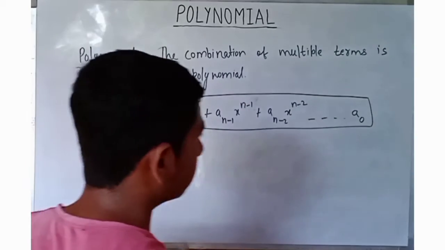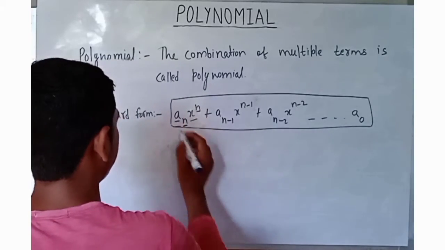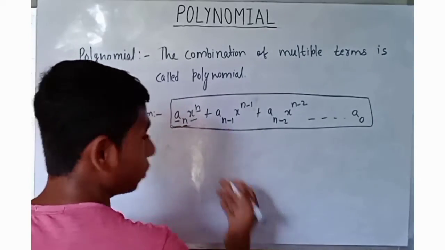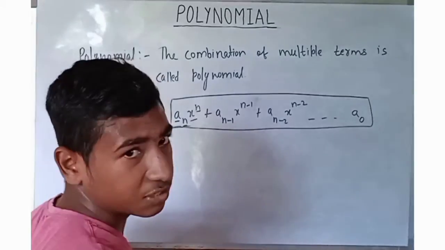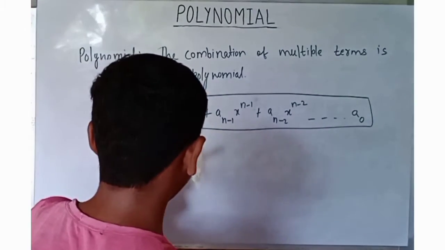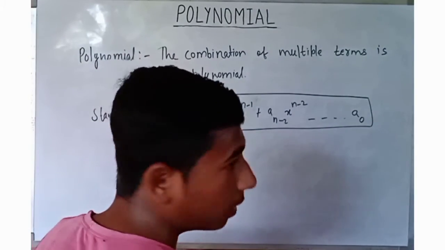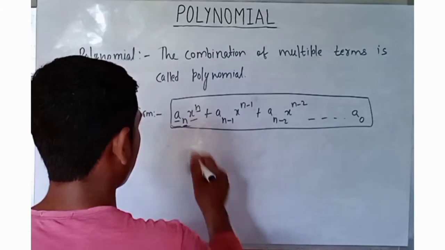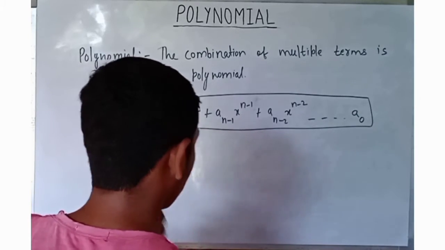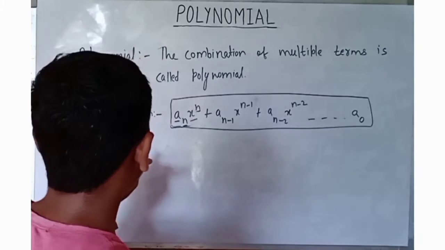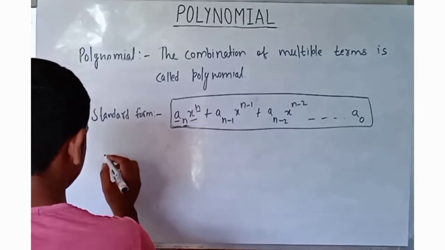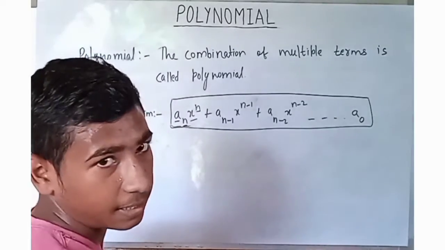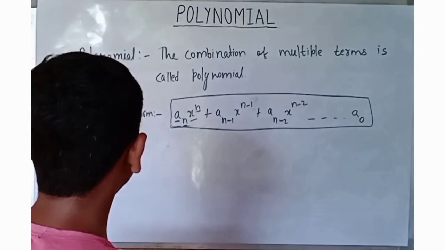It will be clear after you see the next topic, in that I will clear this whole thing. So now we are going to see the next topic, that is the degree and coefficient of